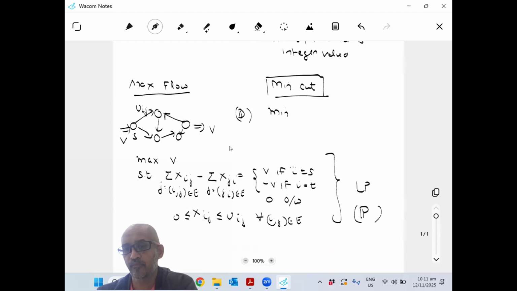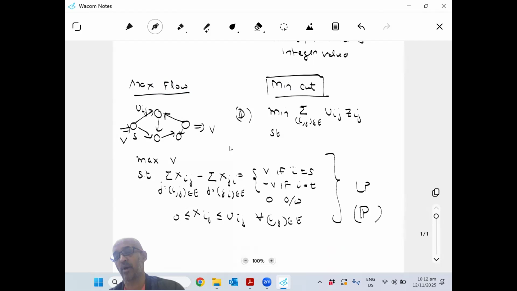I want to minimize, sorry, my dual variables: there's a dual for every capacity constraint on every arc, and there's a dual for every node. So for every arc, let's call this variable Zij. So my dual is minimize the summation over every arc in the graph of Uij, which is data, times Zij,